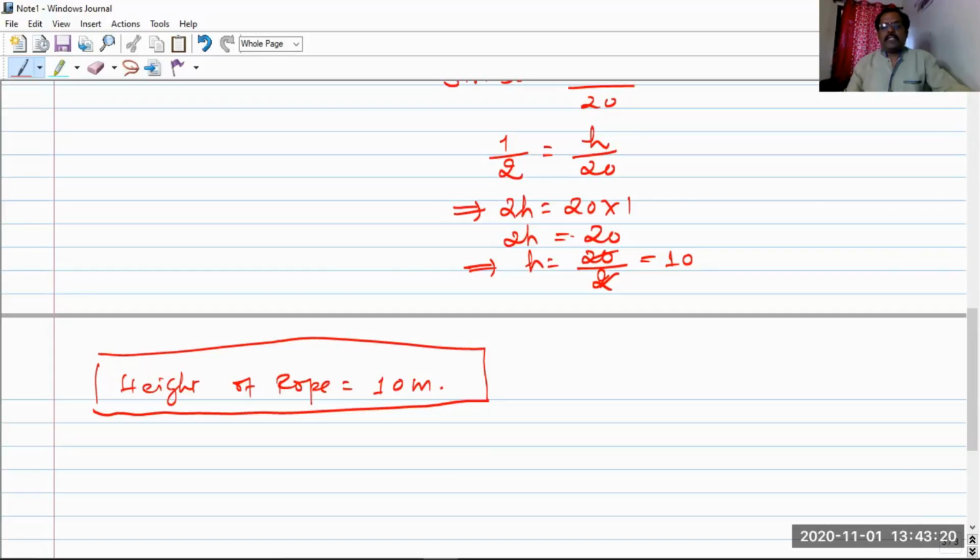As in this example, you are given the hypotenuse and you need to find the height. So you can just recall which ratio is defined in terms of the opposite side and the hypotenuse. The answer quickly comes: it is sine theta. So that ratio we can use. Just use the definition, substitute the values, and you will get the required answer, right? Hope everyone understood this. We will try to solve a few more examples.